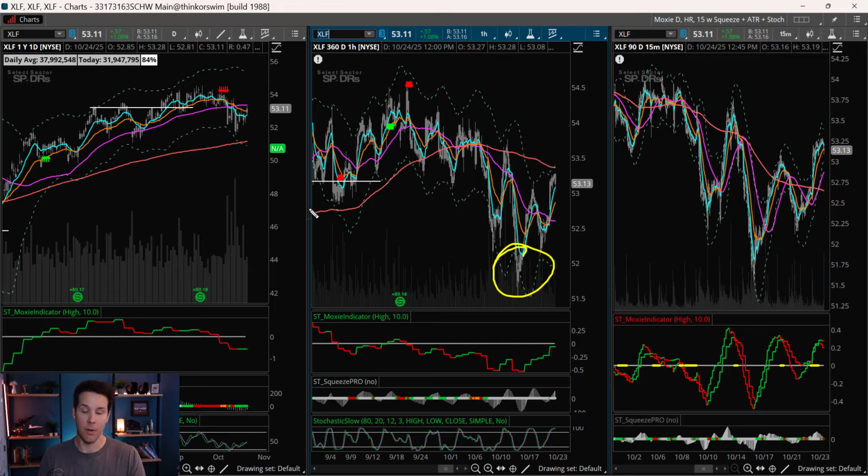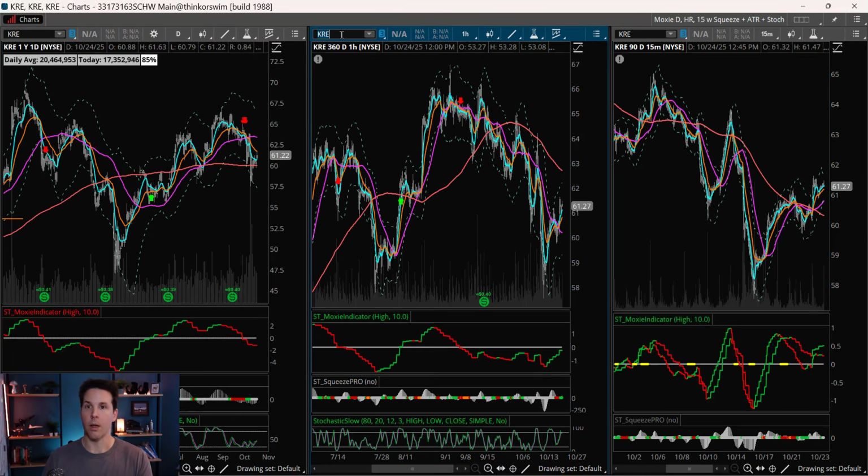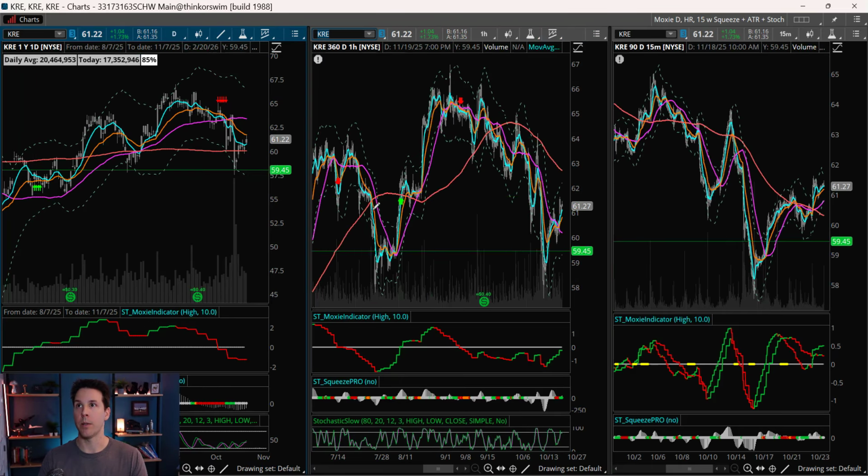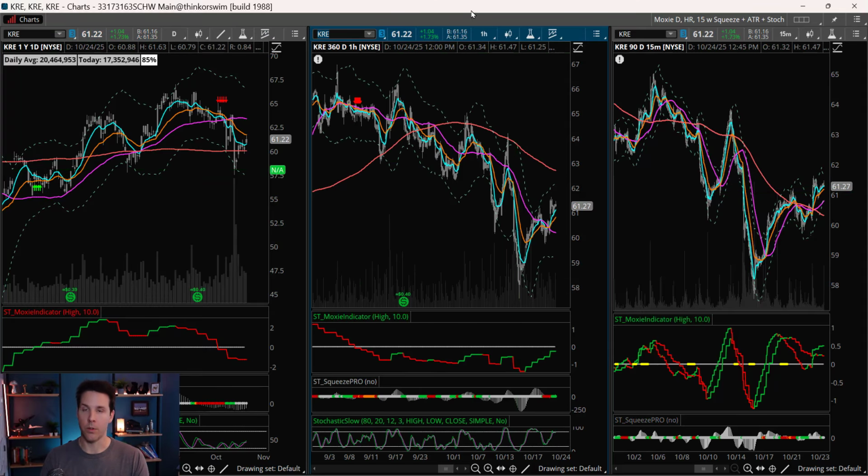And you can see that they've rebounded. In fact, you can see there's an inverse head and shoulders, and it's now back up. So they're not out of the woods, but I have a feeling that this is the low, and we should see if these can start to regain and recover. And you can see the same thing with KRE, the regional banks. There was some fear and panic in through here, but look, there's your big volume spike right at the lows. I think that was a flush-out low, and now you've recovered.